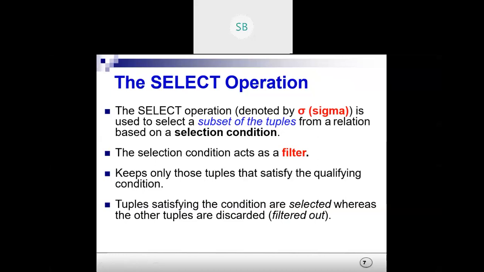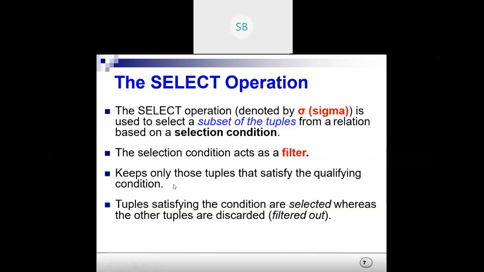It selects some rows based on some condition. The selection condition acts as a filter to remove some rows. It only keeps those tuples satisfying the qualifying condition.